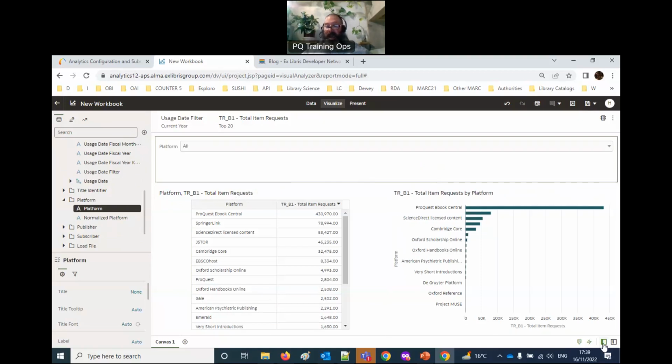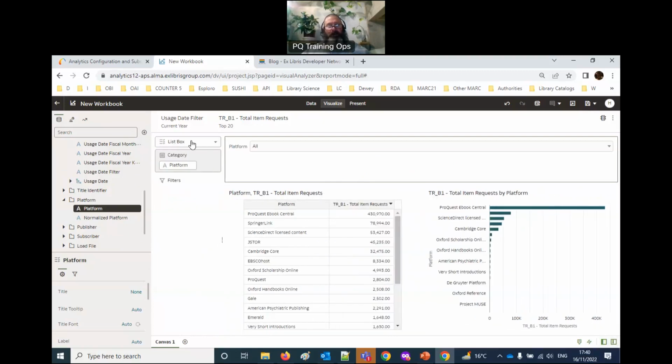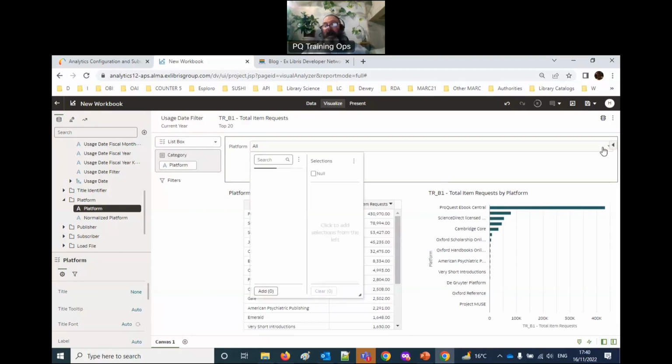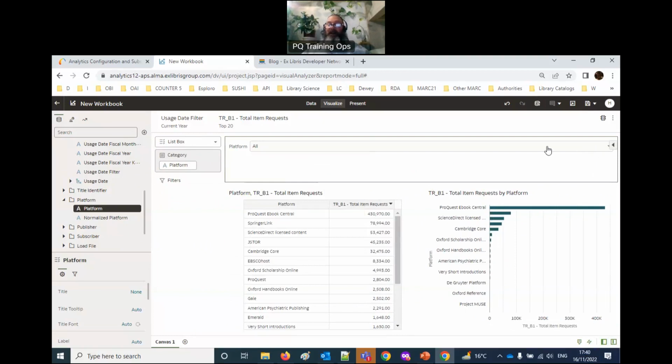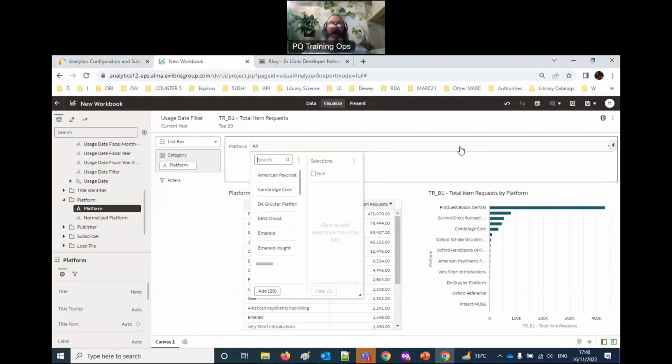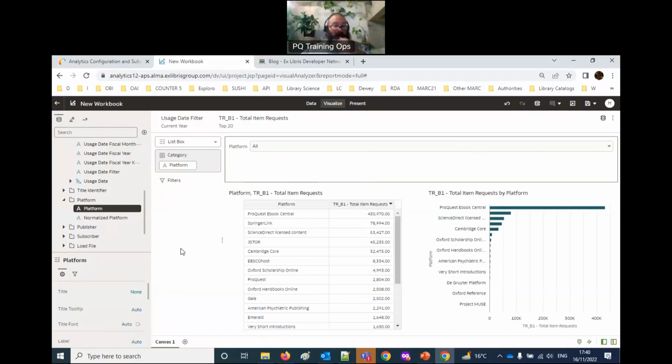By the way, if we had the grammar panel here, you'll see also the list box has category and filter. The platform is in the category. So now the top 20 of them automatically appear here. I'm going to click inside the list, and then I have the data panel, the list of values. So if I take that list of values, let's say,